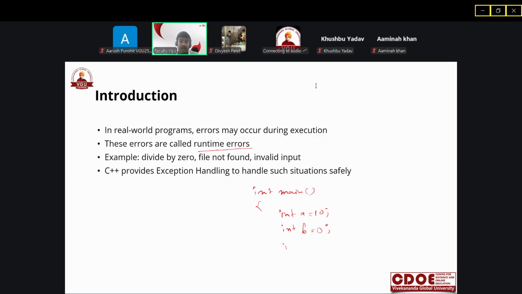The task you are doing is integer c equal to a divided by b. The syntax is correct, all the things are correct, so this will not give any error at compile time.